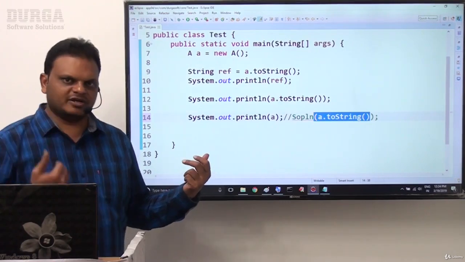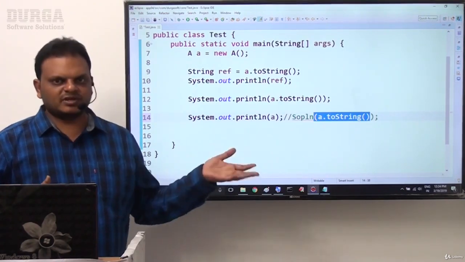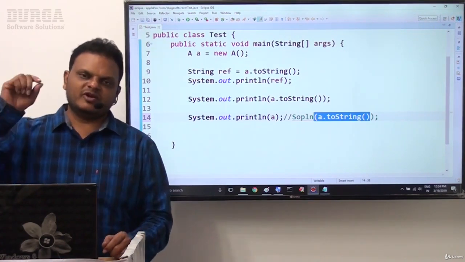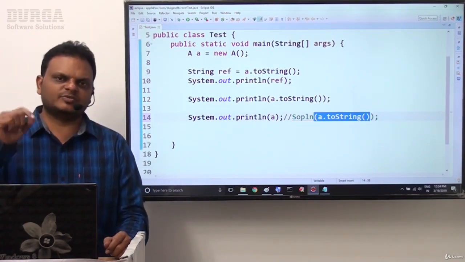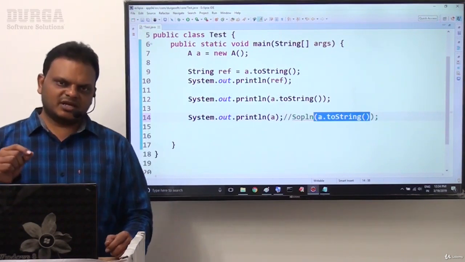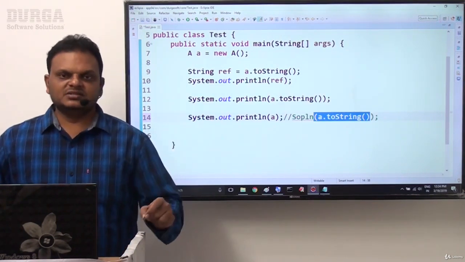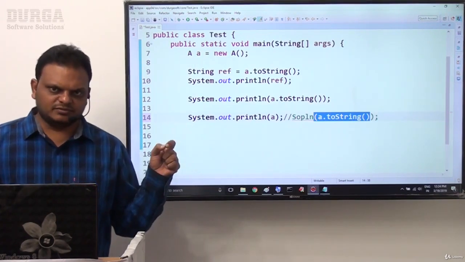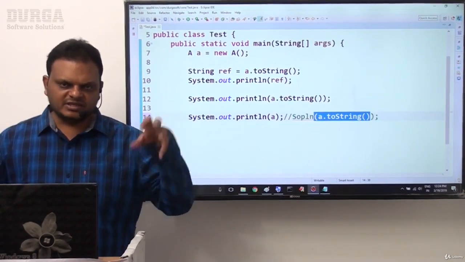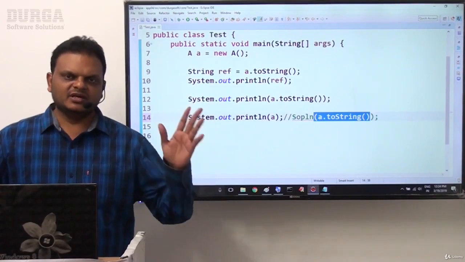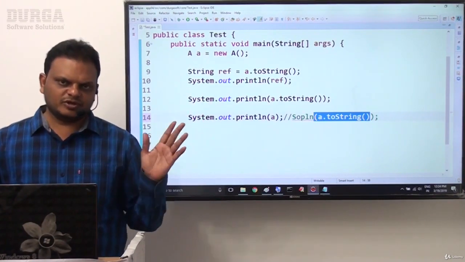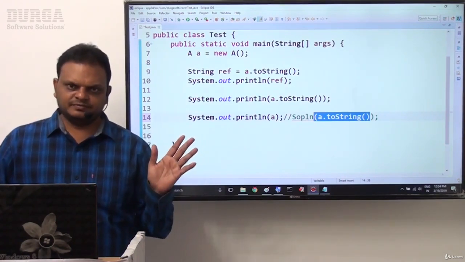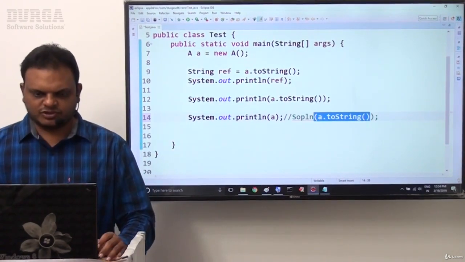That means the JVM is called internally. Because of that reason, three times here we are getting output. So the conclusion is: when we pass any reference variable as a parameter to the System.out.println method, internally the JVM will call the toString method over the provided reference variable. When we execute the toString method here, we are getting the required output clearly. Which output? The class name, @, and the reference value. This is the point we have to understand.